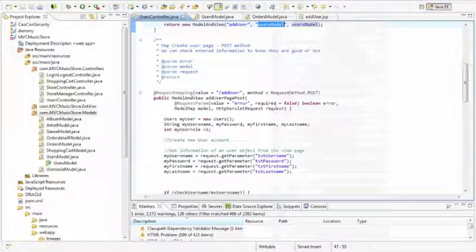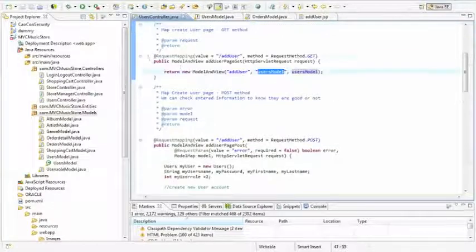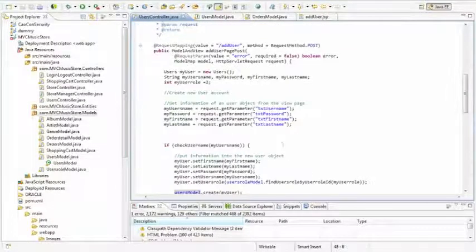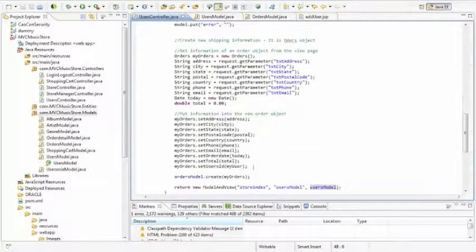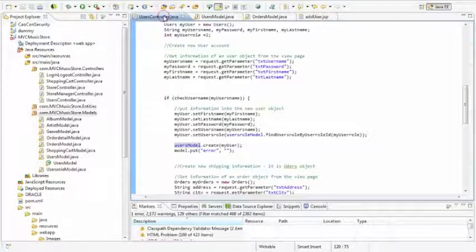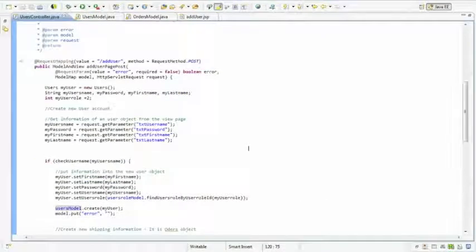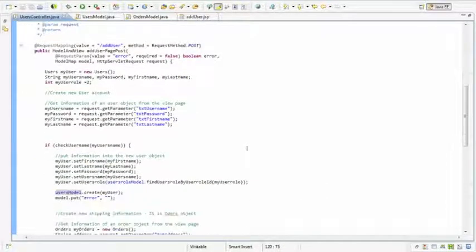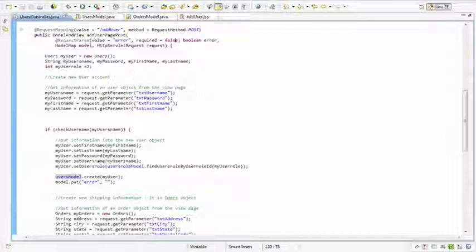Copy, okay, it means we're done with the get, and for the post, I have to make sure they match. For user post,